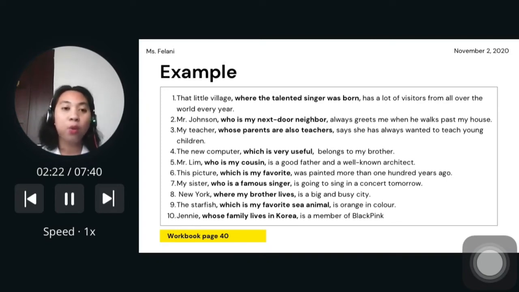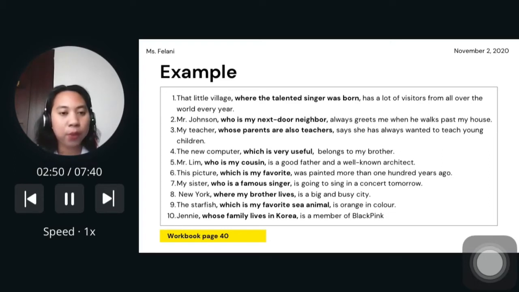Why do we use where over here? Pay attention to the subject first. What is the subject of this sentence? That little village. Little village is the name of a place, right? So here we use where, because where refers to a place, and here that little village is a place. And then next,